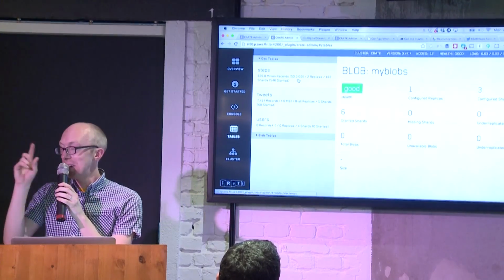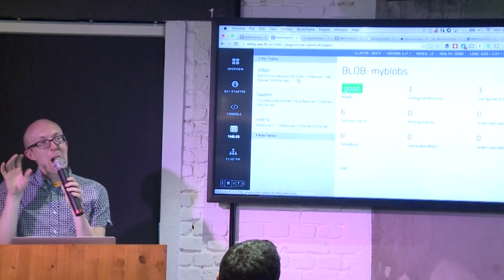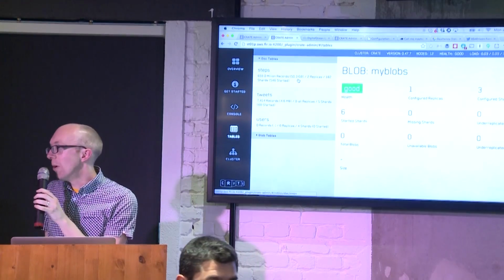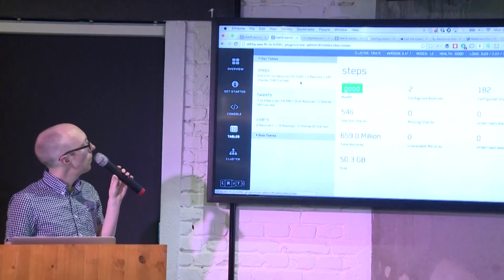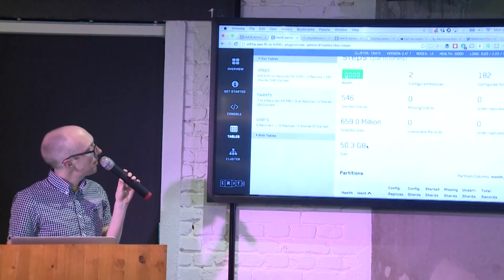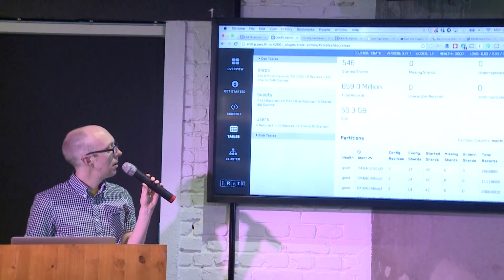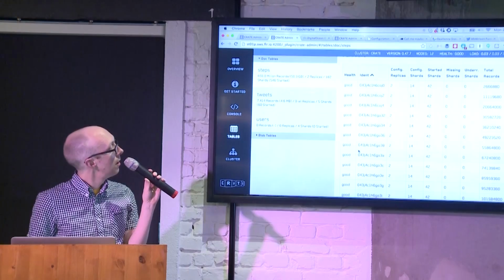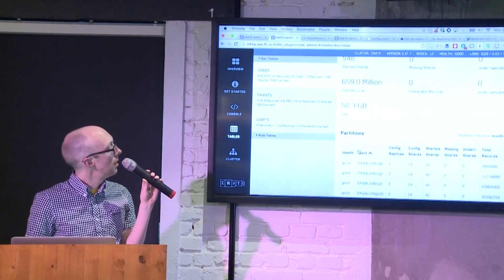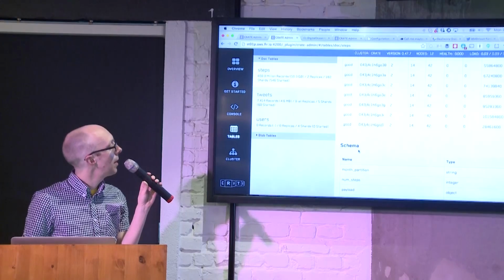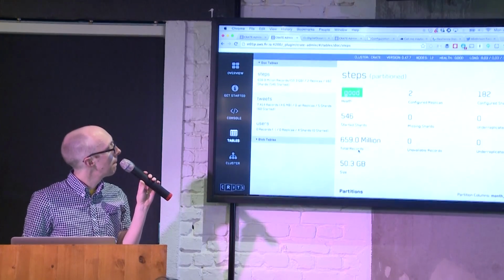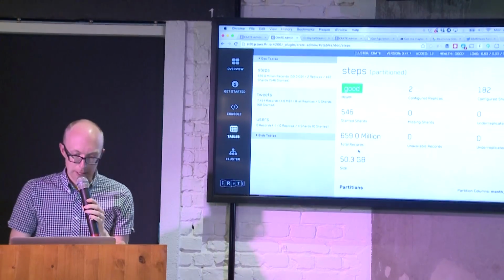Maybe stored in a distributed database. Maybe there's a web login as well, etc., etc. So here we have our steps table itself, which is 50 gig, and here's an idea of some of the partitions and the schema. Very simple schema, but very large. So this is a lot of information.